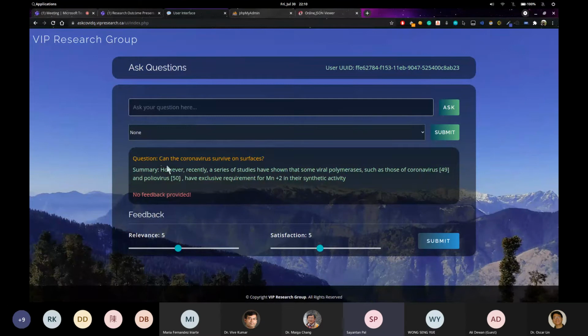You can see the question: can coronavirus survive on surface? We can see that the summary is not that reliable and not that satisfiable. A thing which has been provided over here is the exclusive requirement of Mn+2 for the synthetic activity. So we can understand that yes, it is relevant at some level, but not exactly what it looks like. And why it happens, as I showed you in stage 1 during the management dashboard, is that there were 13,000 documents, remember, and that zip file was only of March 2020.